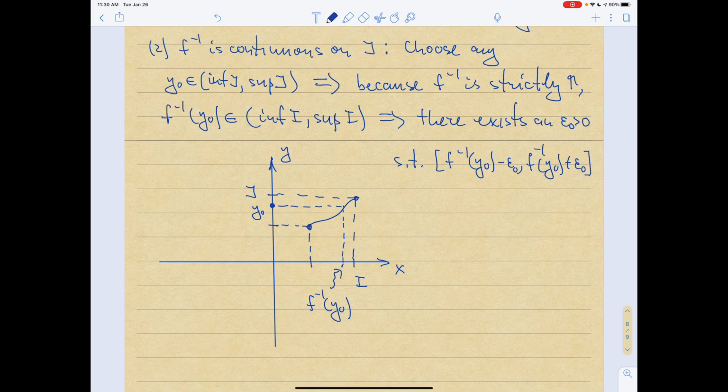This interval is going to completely be contained inside I, right? That's kind of obvious because, again, f inverse of y0 is away from the endpoints. Then I can always fit an interval like this around f inverse of y0. All right, so then if that is true,